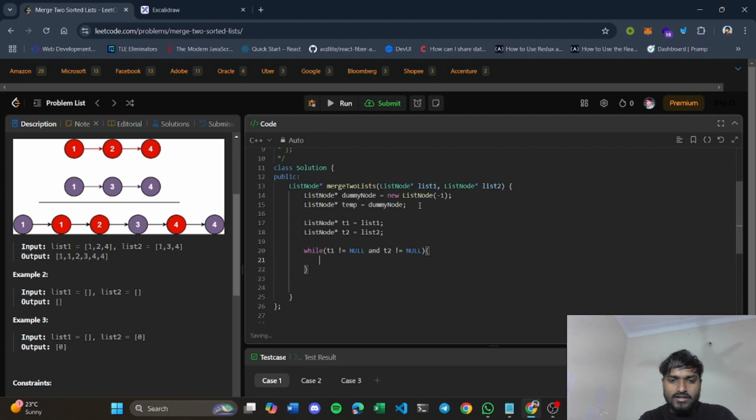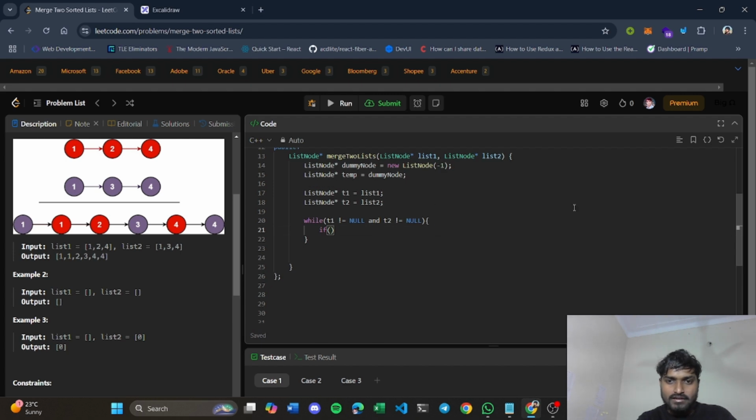First of all, you will compare the values of both of the nodes, right? So how will you do that?